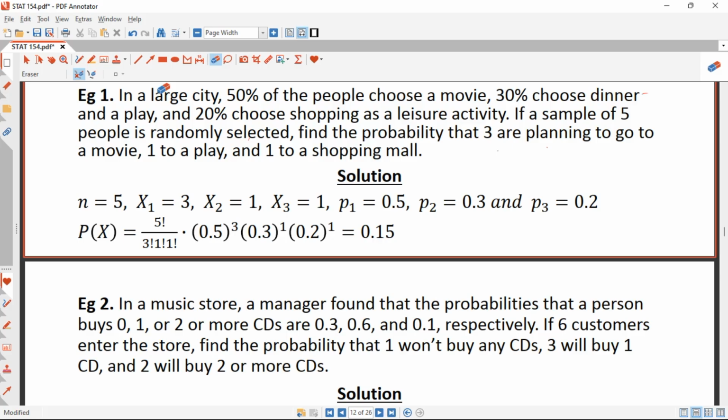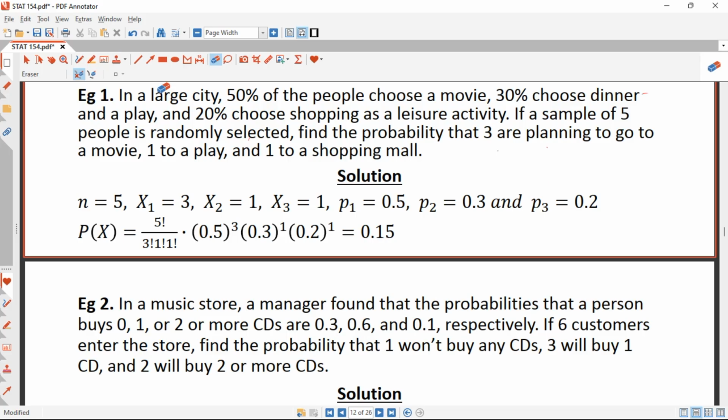In our last video, we learned something about multinomial distribution. At least we were able to get a brief introduction to multinomial distributions. We were able to cover the PMF for multinomial distribution, and the mean and variance for multinomial distribution. So today, we are going to walk through some examples on multinomial distribution so that we can apply these formulas